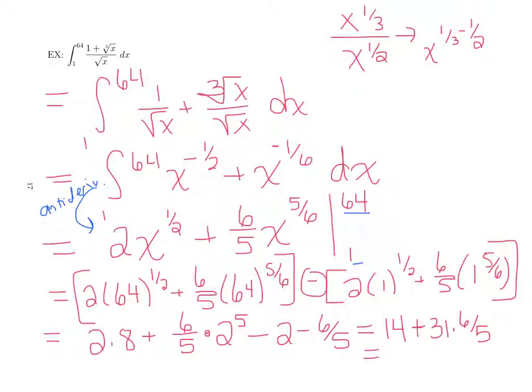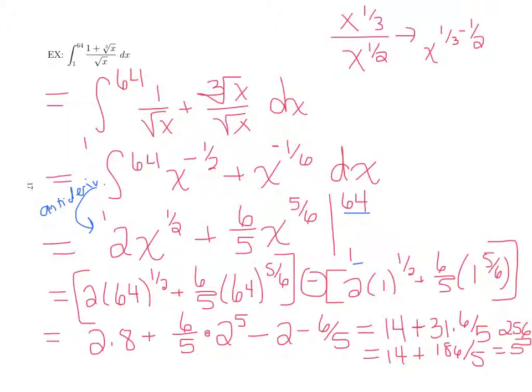I didn't work all this out, so 14 plus 186 over 5. So you can get that final answer probably by just adding those two fractions together. You could put it all over 5, I guess. You could make this 70 over 5. So you can get maybe 256 over 5 if you work all that out. You should be a little bit careful there of my addition, but I think it's 256 over 5 as your